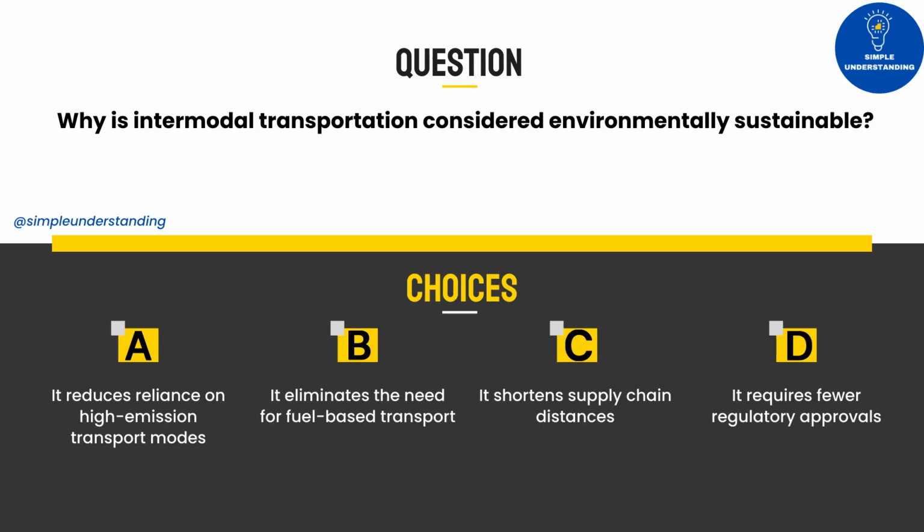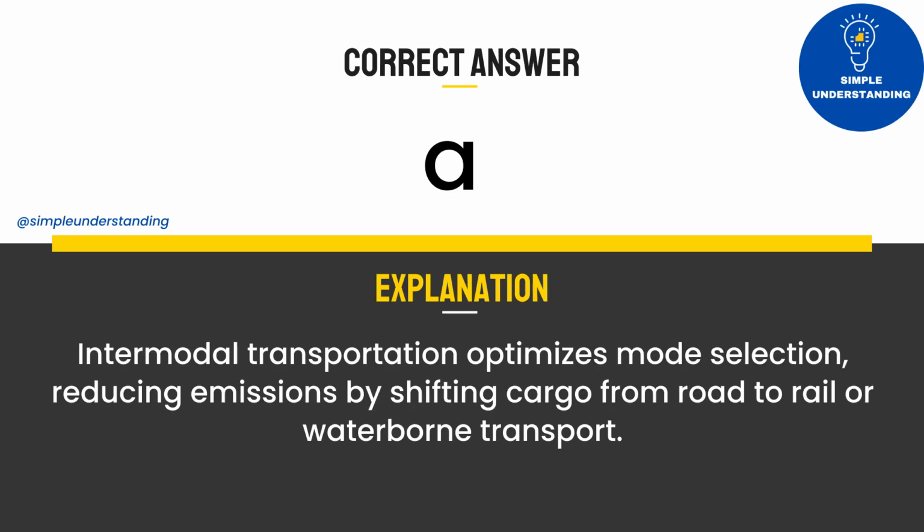air freight. 6. Why is intermodal transportation considered environmentally sustainable? A. It reduces reliance on high-emission transport modes. B. It eliminates the need for fuel-based transport. C. It shortens supply chain distances. D. It requires fewer regulatory approvals. Correct answer, A. Explanation. Intermodal transportation optimizes mode selection, reducing emissions by shifting cargo from road to rail or waterborne